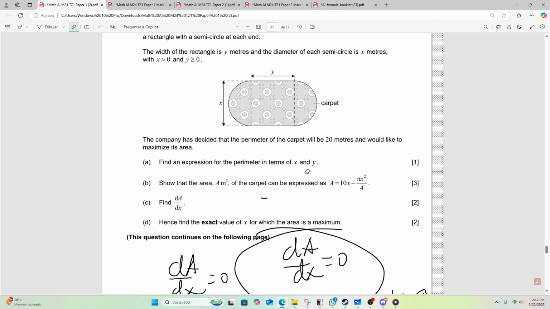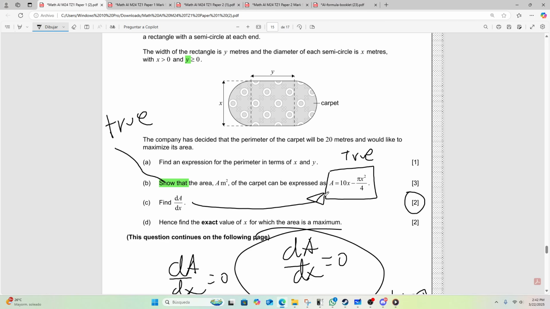And this is a lot more specific, so if you're still watching, good for you. Awfully specific, but here it says show that. So if it says show that, you know that it's true. So this is a scenario where you can assume for part B that this is true. So that means that if you're stuck on part A and part B and cannot do it, but you notice that it says show that, you can take this as true and solve part C doing the derivative of that.